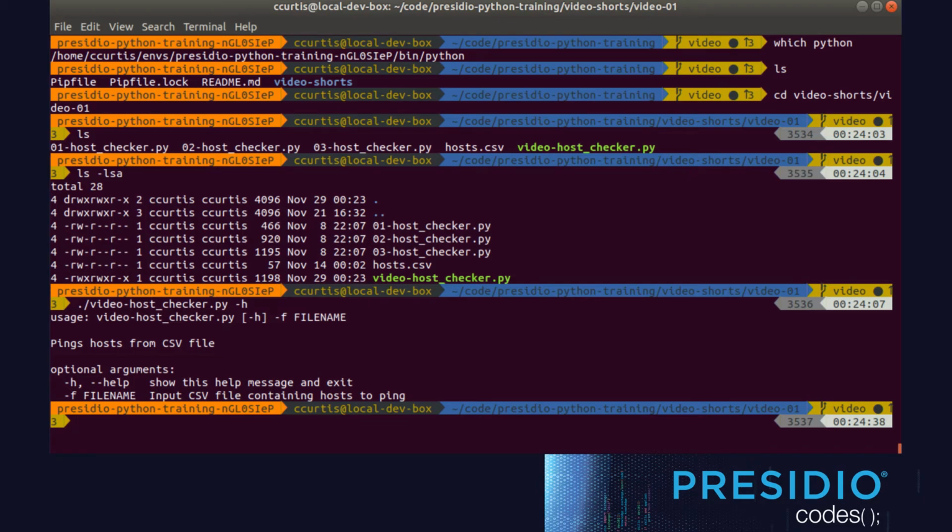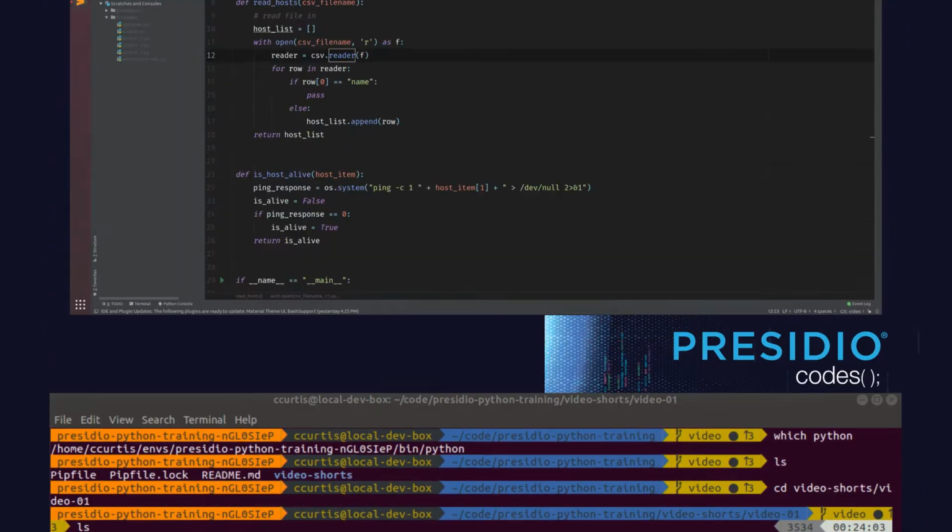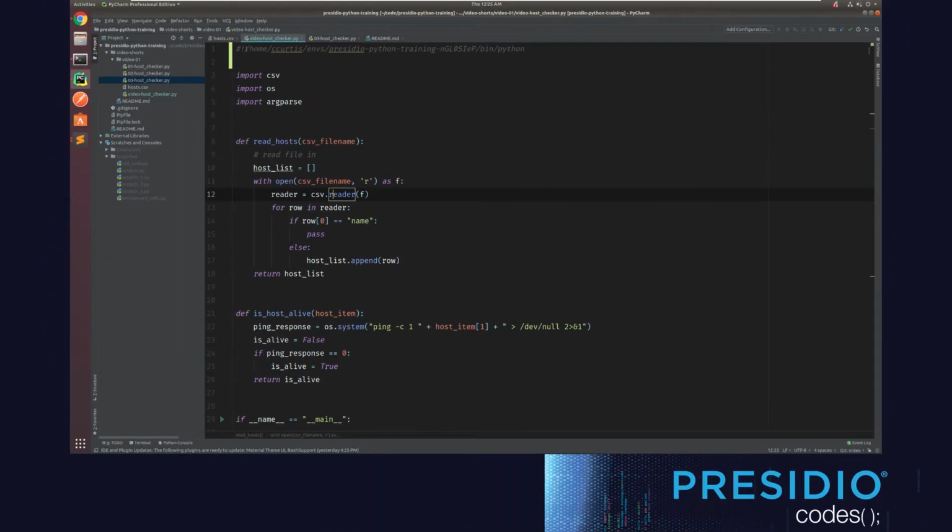So you can see that that works, but now if I pass the script to you and you download it on your machine and you try and execute it, it's not going to work. And it's not going to work because the shebang is incorrect. The shebang is specific to my environment. This home, C. Curtis, blah, blah, blah, blah. So there is a convention or a thing in Linux. It probably exists in Windows, I'm not sure, but